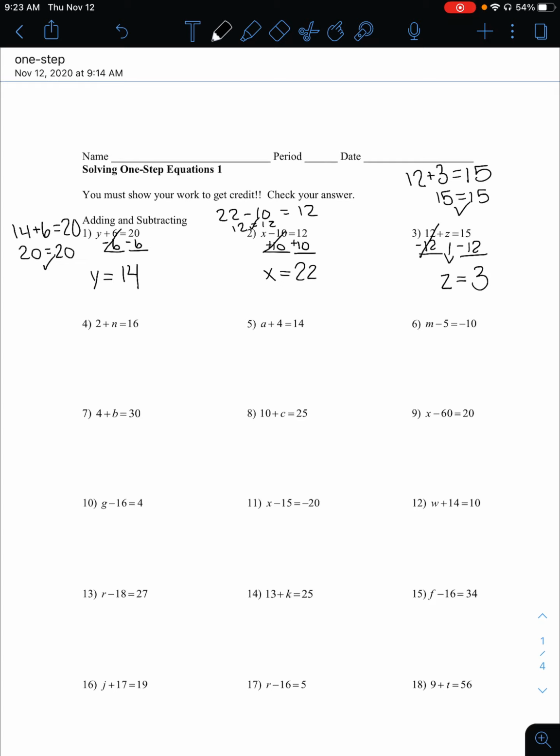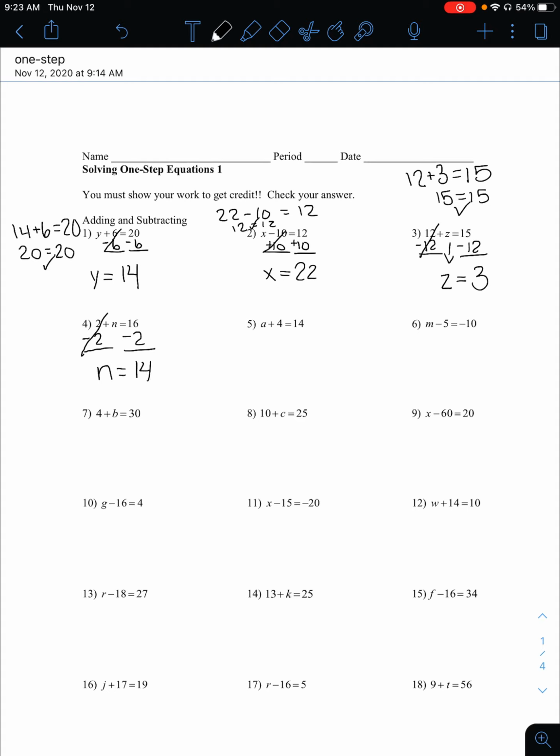Number 4, we are solving for n. Very similar to number 3. We have 2 plus n equals 16, and we need to get n by itself. Does it have a negative sign in front of it? I don't see a negative in front of 2. That probably means that we are adding 2. 2 is positive. So how do we get n by itself? Subtract 2. That cancels it out on that side, but what we do to one side, we do to the other. 16 minus 2,